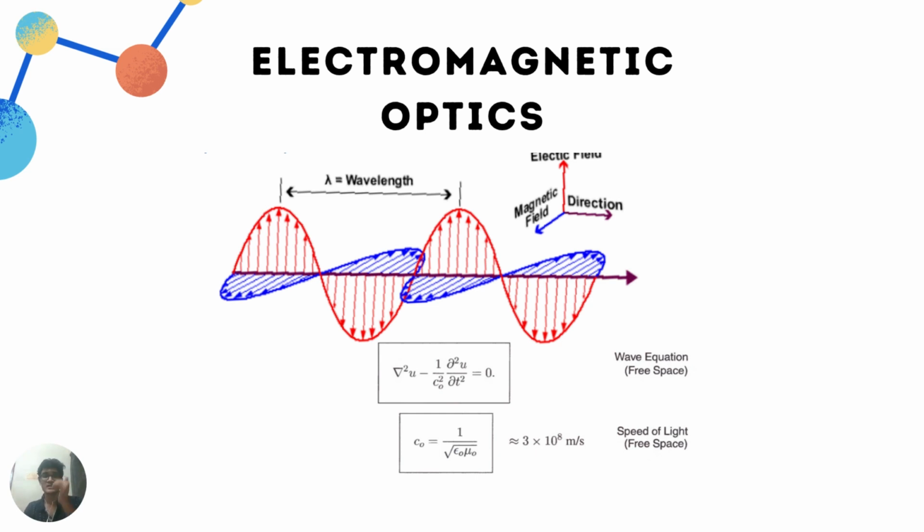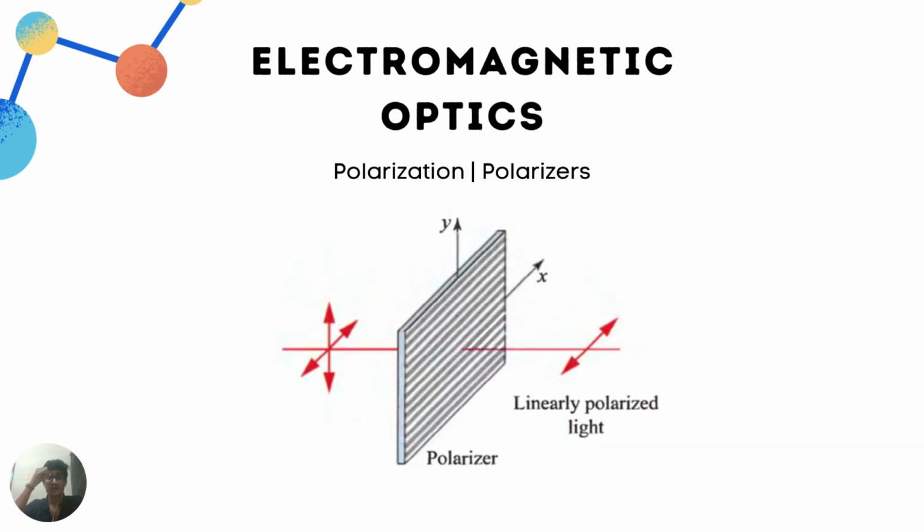Now, electric and magnetic fields oscillate in phase. There are vector identities that are used to find these directions. For example, v cross e is the direction of propagation, and more vector equations are observed from here. Summary so far: light is now an electromagnetic wave. It is still a wave, but it is a wave of electric and magnetic fields oscillating in space. Coming back to the idea of polarization,